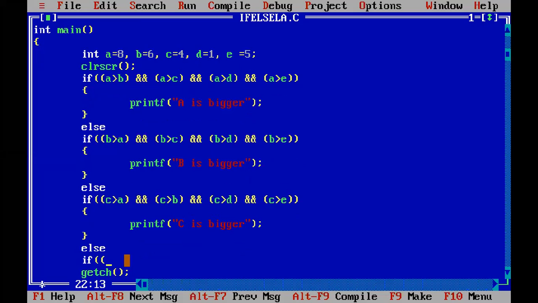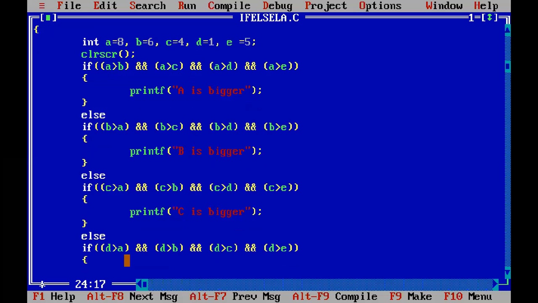Now, if D greater than A and D greater than B and D greater than C and D greater than E, then as you can see, my ladder is increasing. It is getting longer. Printf D is bigger.